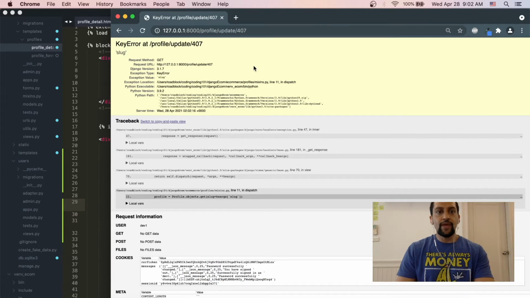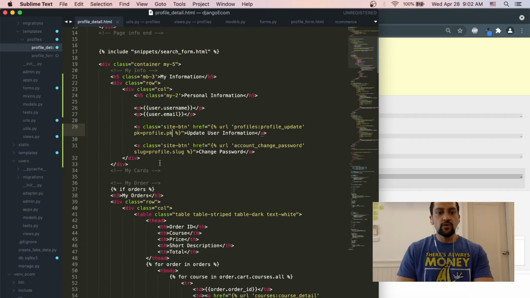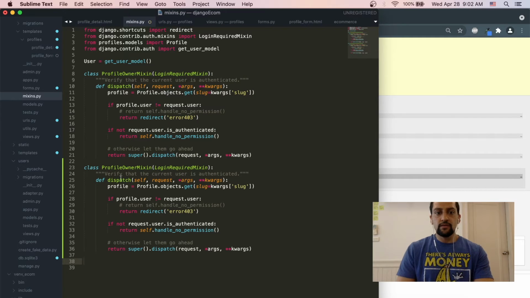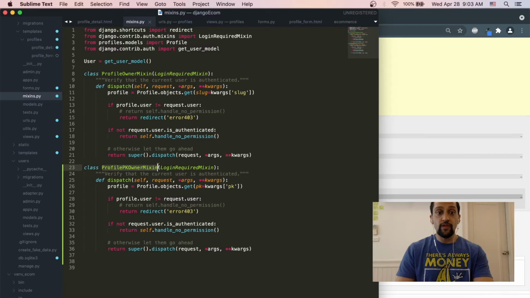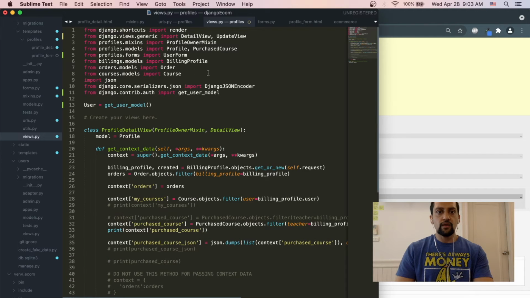update user information now we have a form here and จำเป็นต้องเปลี่ยนไปข้างใน mix-ins ด้วยครับ so we can change up the mix-ins here as well and let's take that out for now let's do this and profile owner mix-in profile mix-in profile pk so ข้างในนี้ใช้ pk there we go and that should be okay we have to import profile owner pk into the views and profile owner